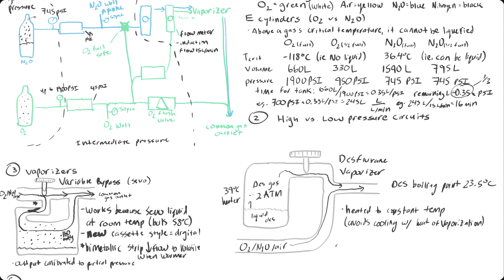DES vaporizers, on the other hand, output the set percentage, or they're calibrated to percent. So whether you are at sea level or you are on top of a mountain, you set this dial to 2%, or I guess you would set it to 6% if you're using DES, which would be more reasonable. It is always going to be outputting 6%, which means that your partial pressure is variable